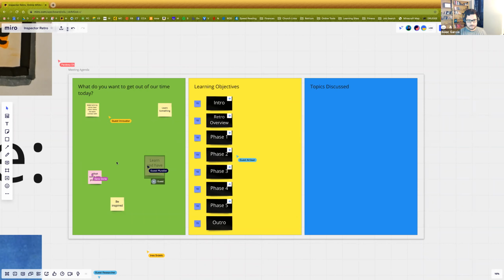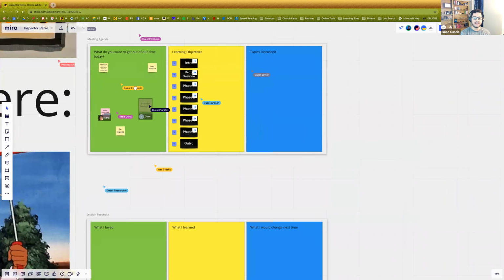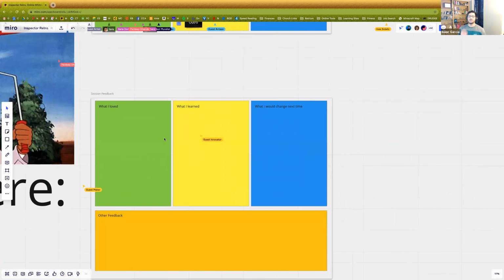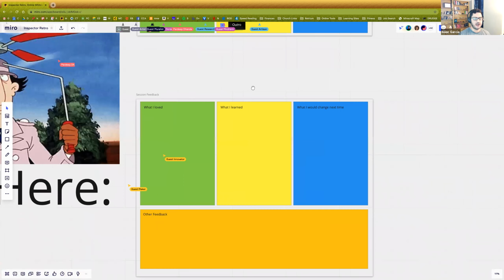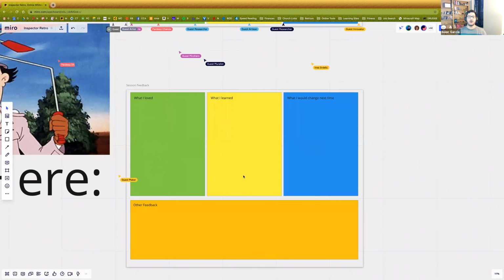Before I go into that, I love that you're putting sticky notes there. Please feel free to go ahead and do that. I'm also going to draw your attention to another box right below that one, in the meeting agenda, called session feedback. I would like you to remember where this is and be able to come back to it, right by the gadget copter, and put sticky notes in as we go.